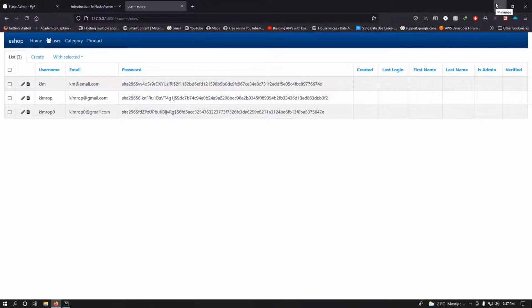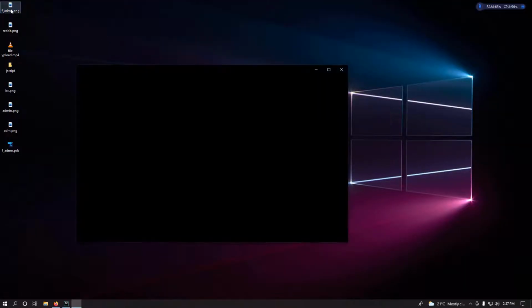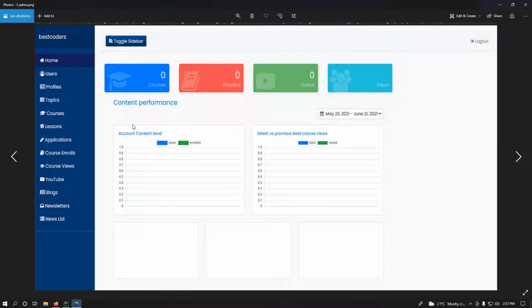As I guess you've seen in the topic already, we have something that looks like this. It looks something like this. So this is the new admin panel I'm building for best coders. So I had decided that it was built in Django, and I decided to make it Flask so that at least I can host with my other websites, because it was expensive hosting it, that I decided even to take it to free mode. But I wasn't getting any revenue, so I was investing in something I wasn't getting anything from. So I want something cheaper.